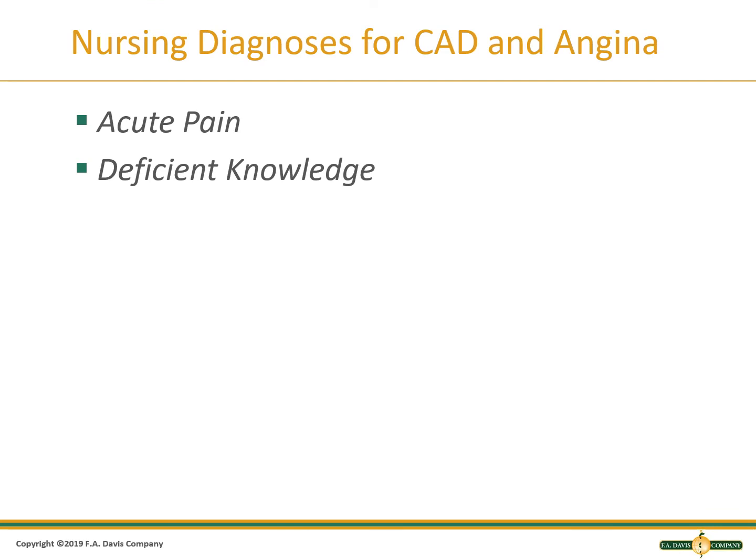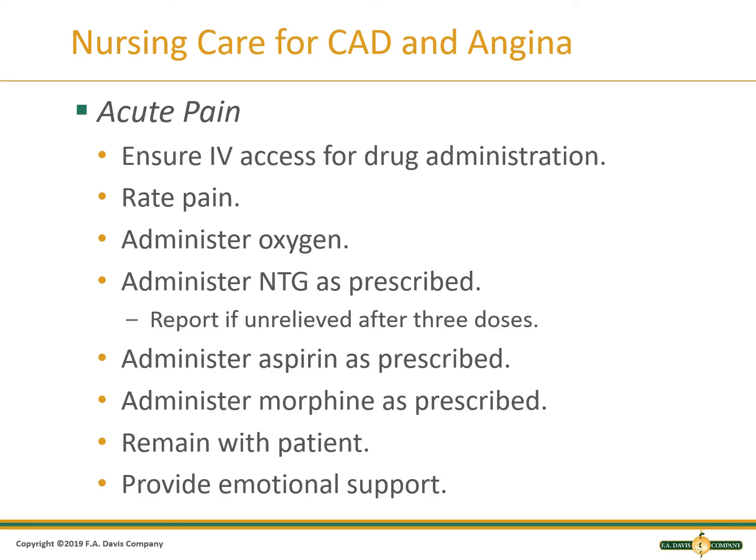Some nursing diagnoses for CAD and angina include acute pain and deficient knowledge. Please refer to your book for the complete nursing care plan. For the acute pain diagnosis, ensure IV access for drug administration, rate their pain using a suitable pain scale, administer oxygen, administer nitroglycerin as prescribed, administer aspirin as prescribed, administer morphine as prescribed, remain with the patient, and provide emotional